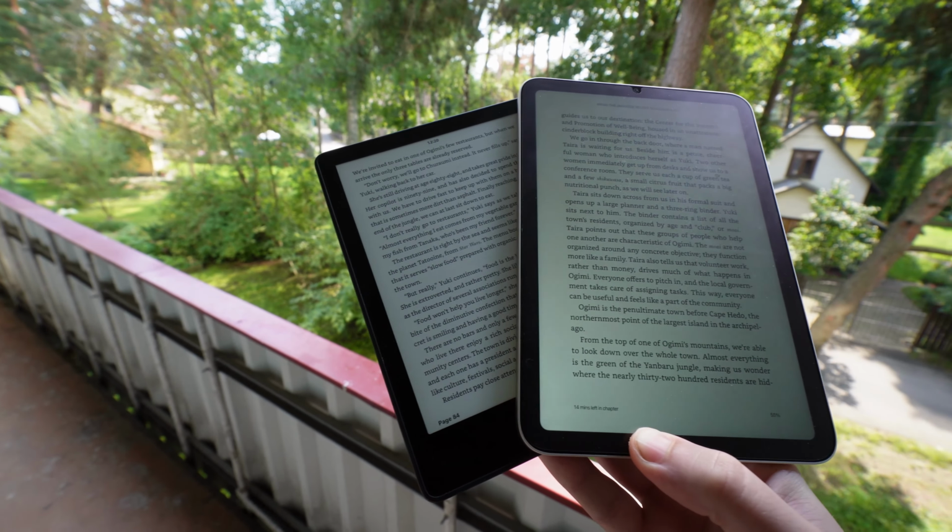But if we're talking about a content consumption device, the iPad mini is simply made for it. You can read a book from Kindle, you can watch videos on YouTube on a bigger screen, you can, of course, take notes, you can read lots of articles. Twitter, or X right now, looks pretty decent on this device, and so you can...